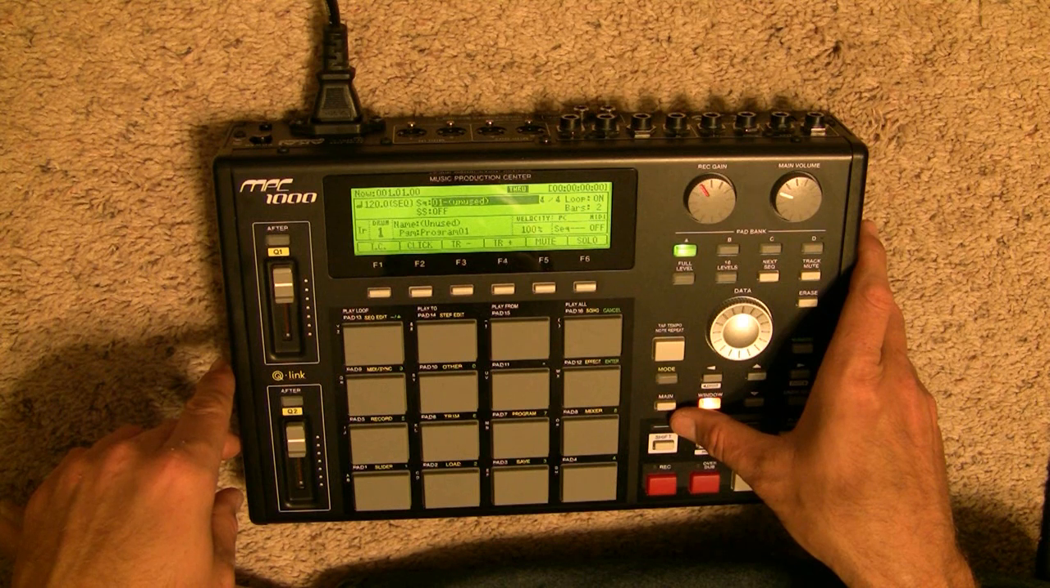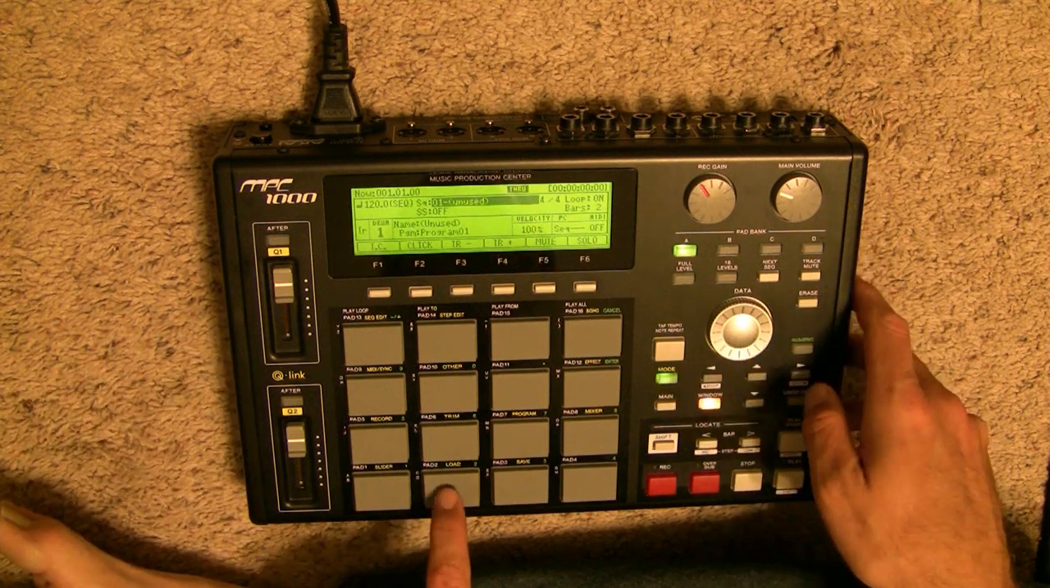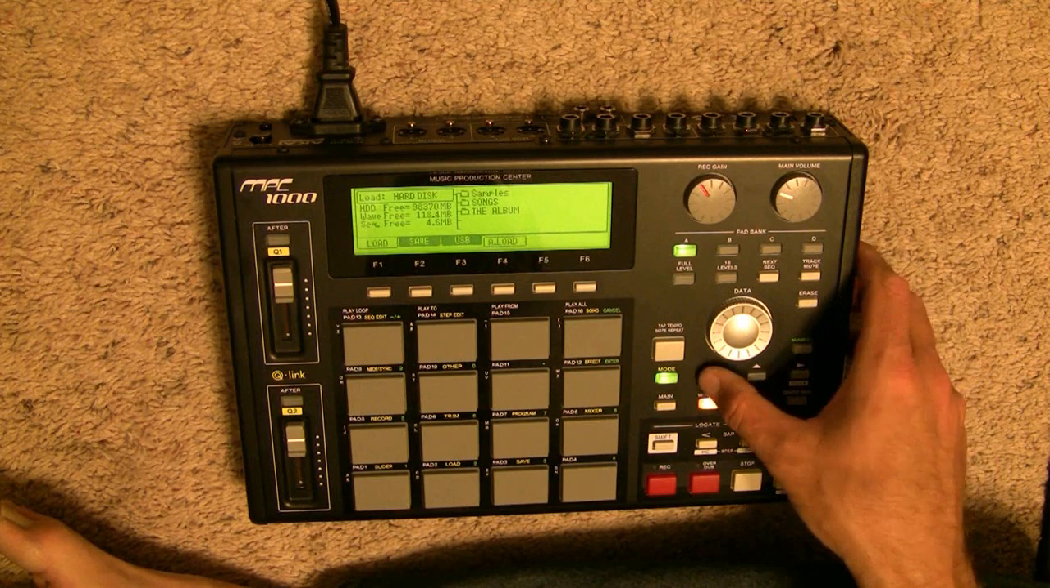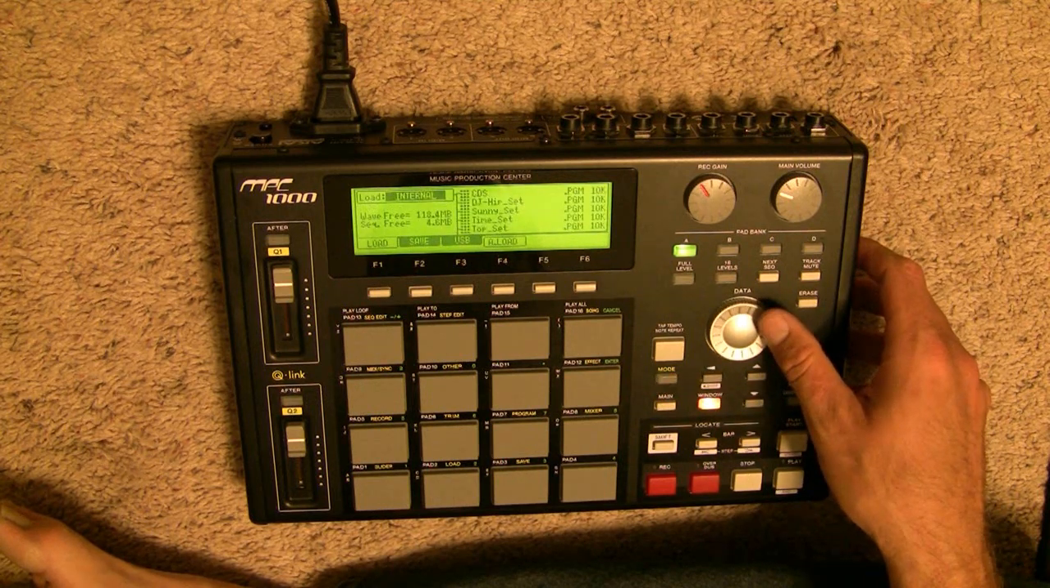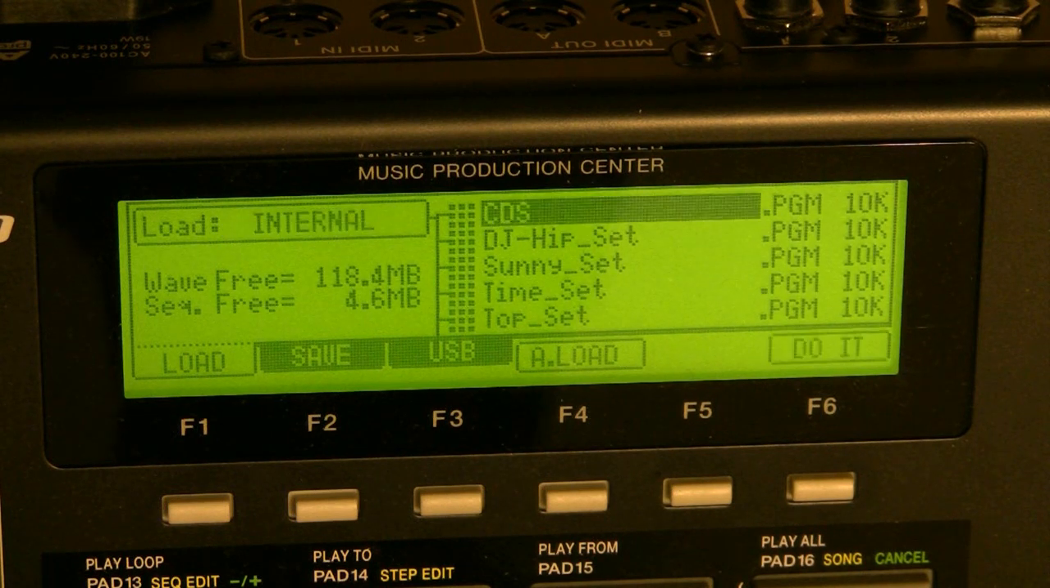Let's go through a really basic startup with your MPC. You're in the main mode right now where your songs are created. In order to load, hit the mode button followed by the load. And I'm going to use the internal samples that come with your MPC because everybody has them, and that way